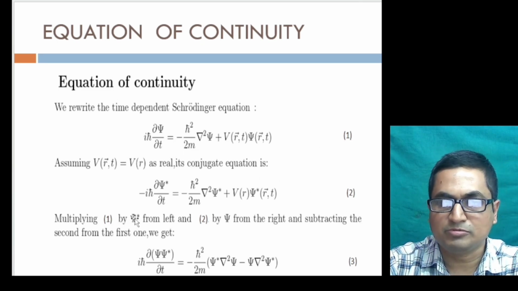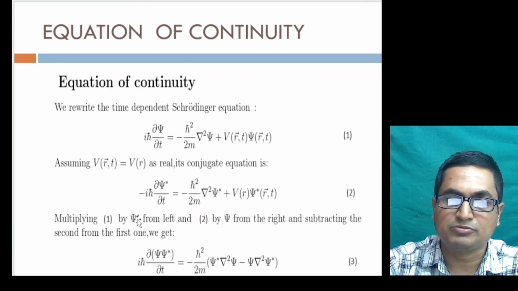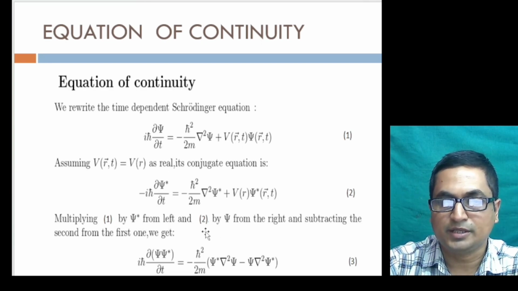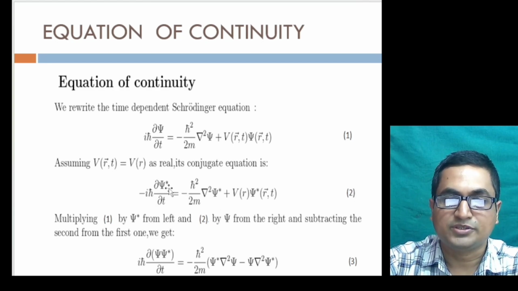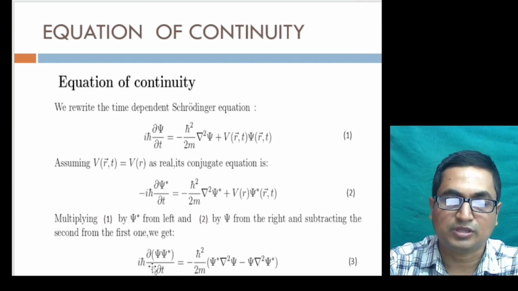Now we multiply equation 1 by psi star, that is the complex conjugate of psi, from the left-hand side, and equation 2 by psi from the right-hand side, and subtracting the results, that means subtracting the second from the first one, we get an equation like this: i ħ ∂/∂t of psi star psi